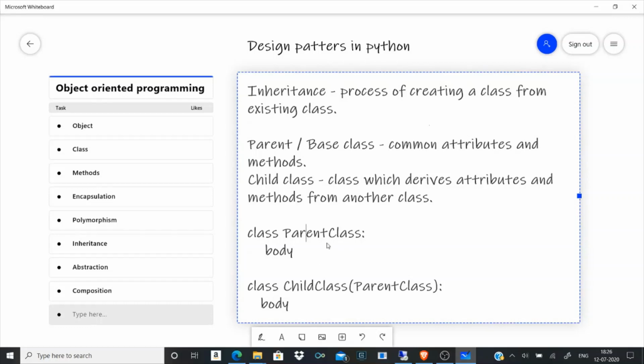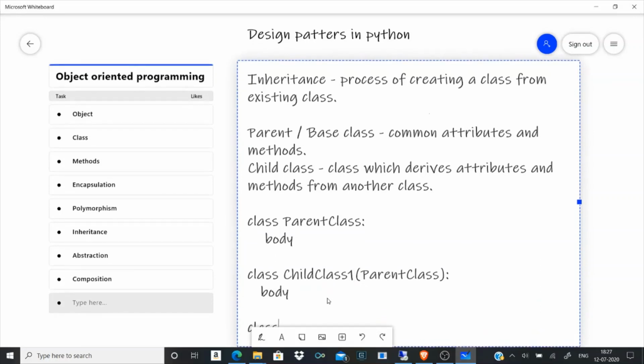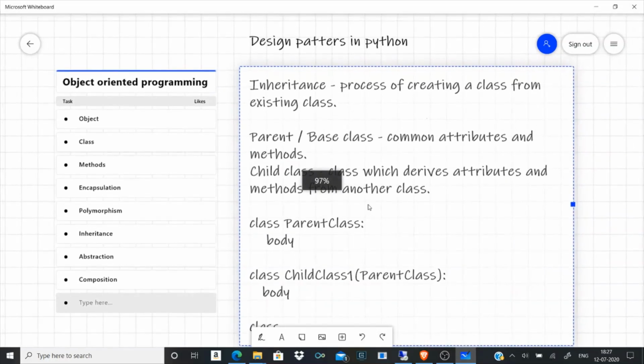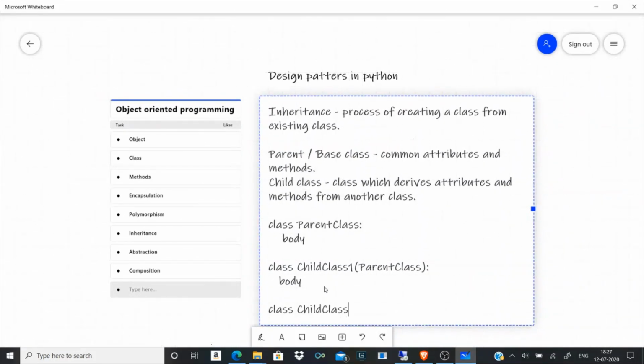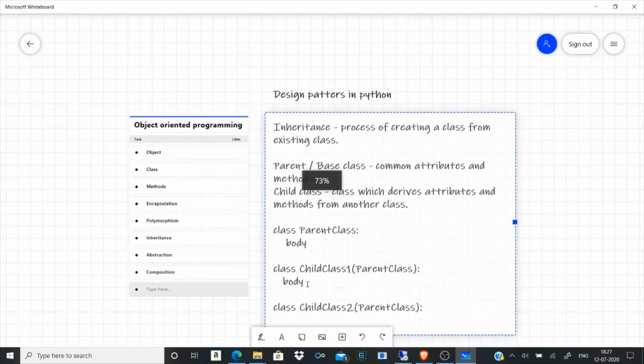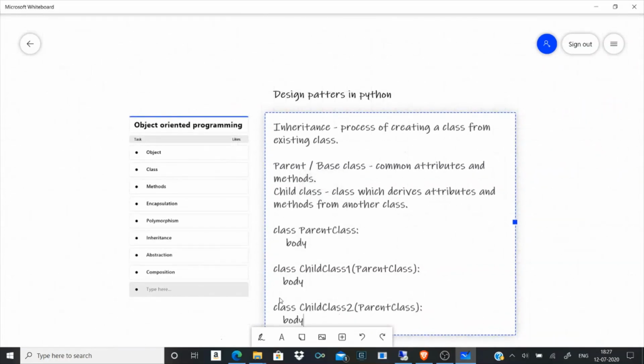Inheritance helps in reusability. That means whatever attributes and methods are present here can be inherited by any number of classes. Like if this is child class 1, then there can be another class as well, and it will have its own body.